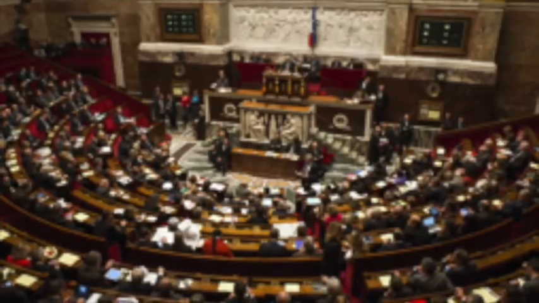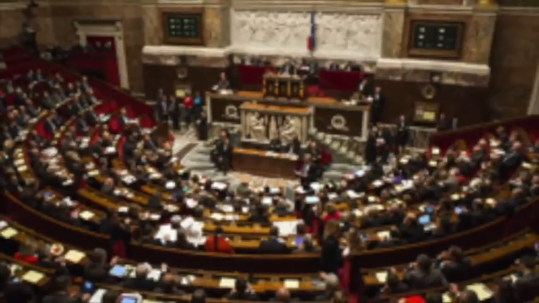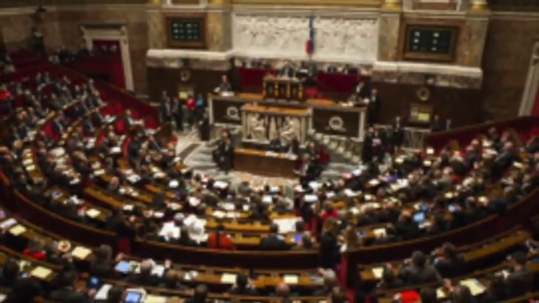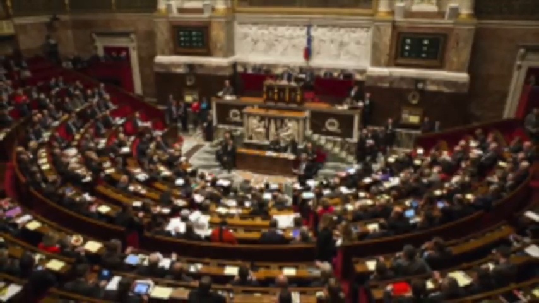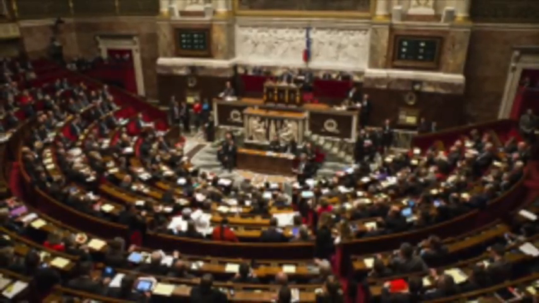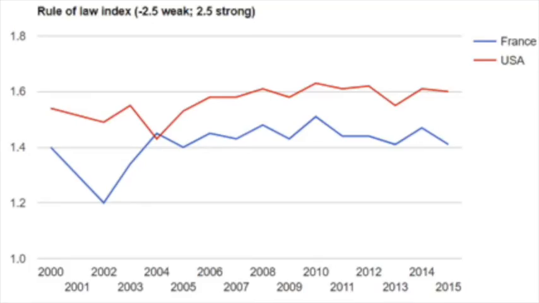The legislative branch consists of the French Parliament, which can be broken down into 2 houses, the National Assembly and the Senate. The Minister of Justice makes up the judicial branch and is very independent from the executive and legislative branches. According to the World Bank, France's rule of law is just above 1.4, which indicates that France has a strong rule of law and abides by the rules of society.